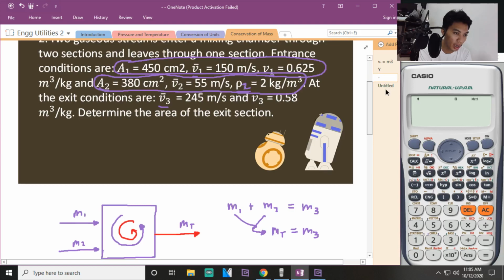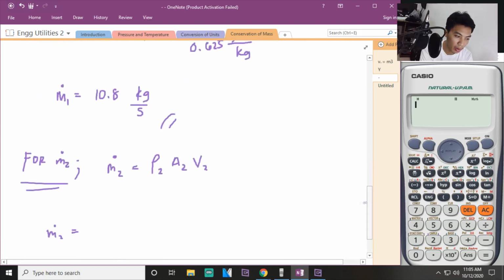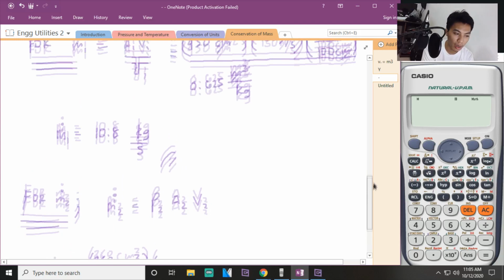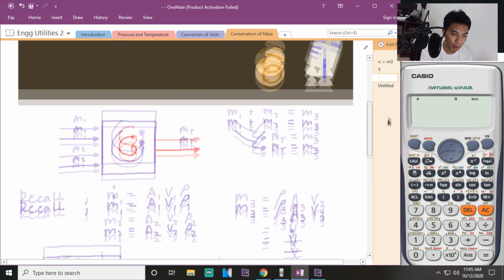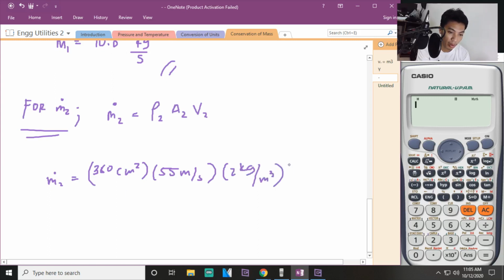So that is 380 cm squared multiplied by area. Okay? So, 2 kilogram per cubic meter tapos 55 meter per second. Ngayon, meron na naman tayo dito, conversion na naman. Multiply mo na lang 1 m divided by 100 m square natin. Then, the resulting value for M2 will be